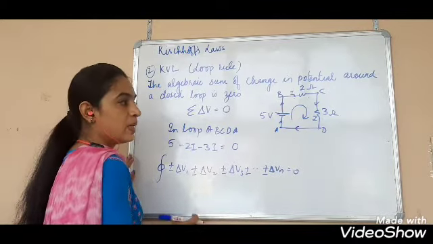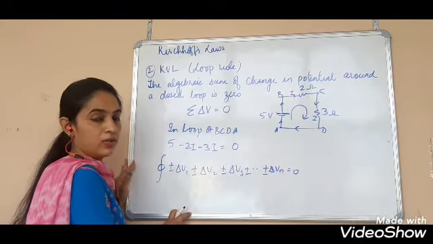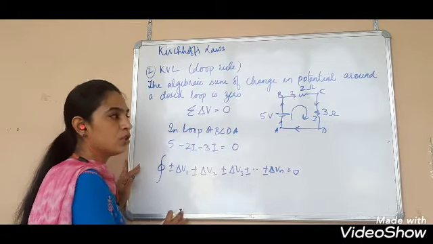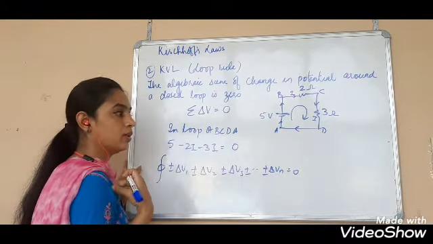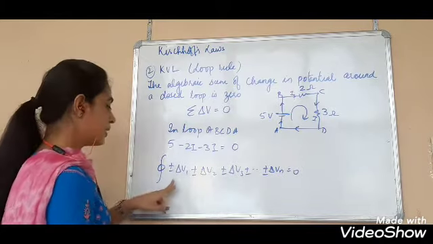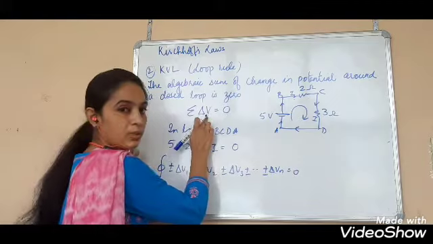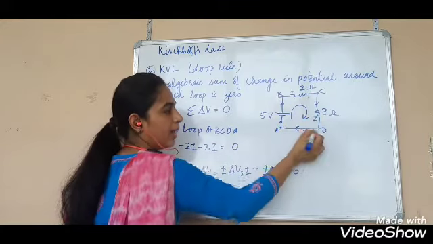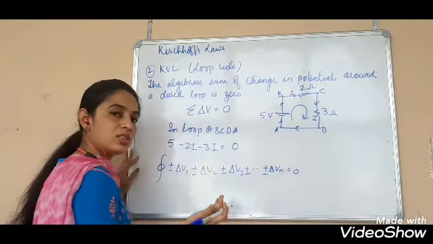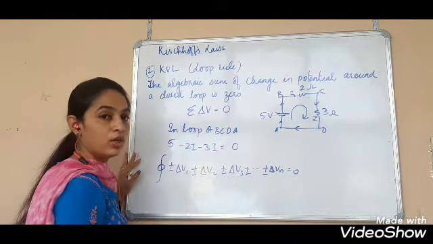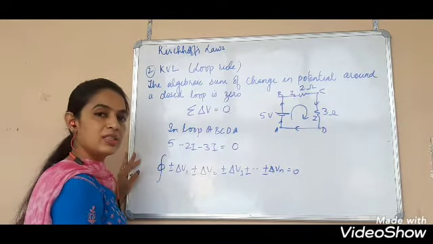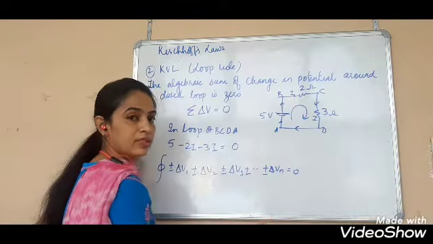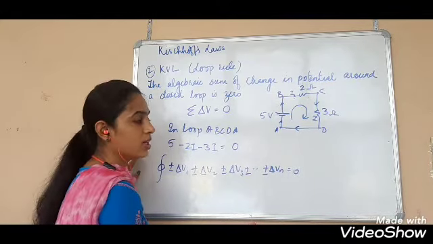On which law is KVL based? KVL is based on the law of conservation of energy. When you distribute current in the circuit, there is potential drop, but the total energy remains conserved. The total change in potential is 0. See, we are starting from A and we come back to A. So the change in potential will be 0, right? Because you come back to the same point. You are not going from one point to another, otherwise there would have been a change in potential.